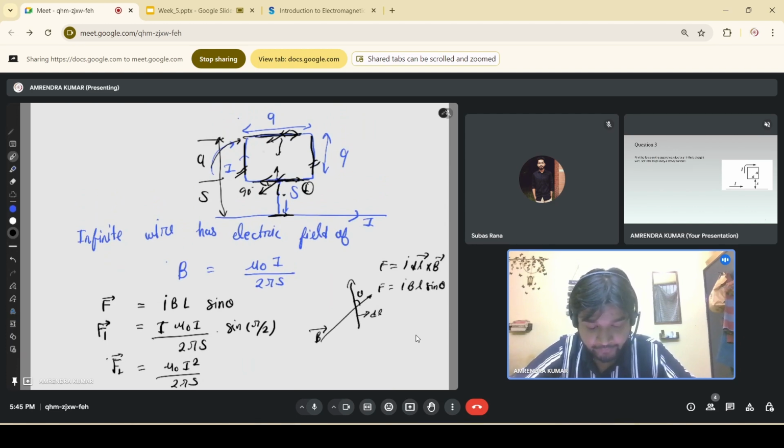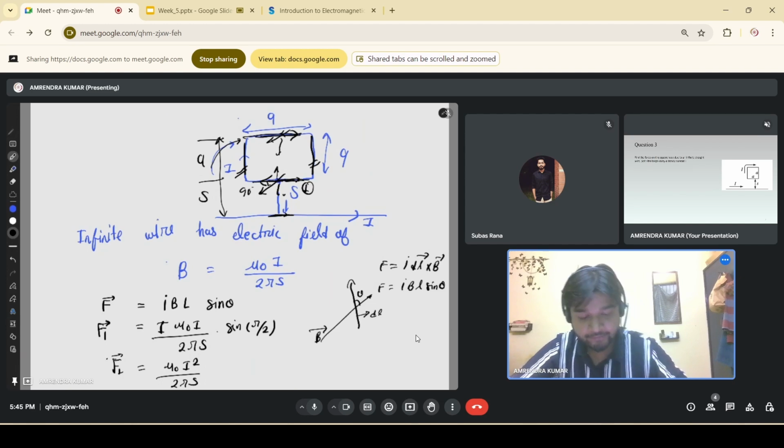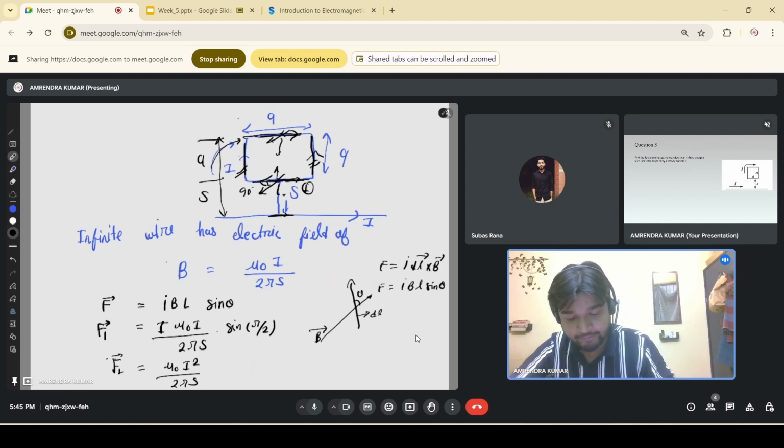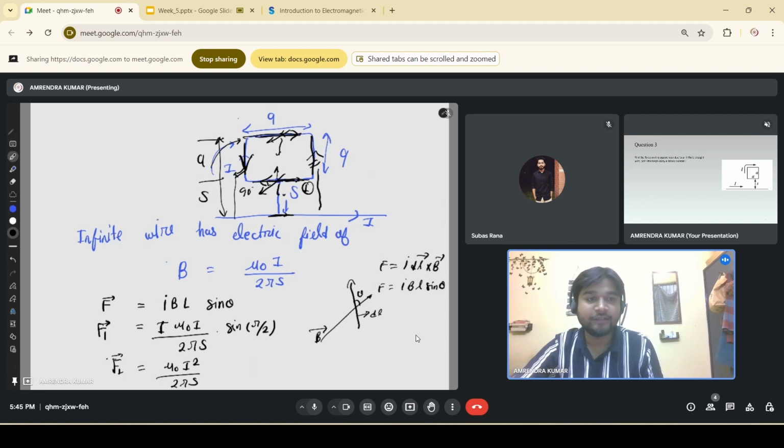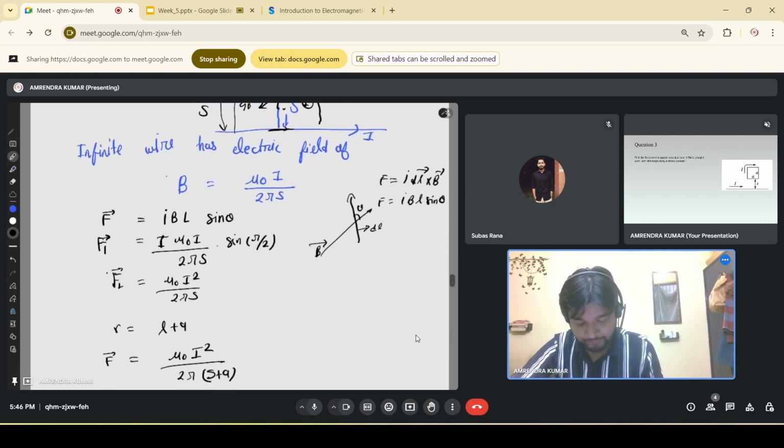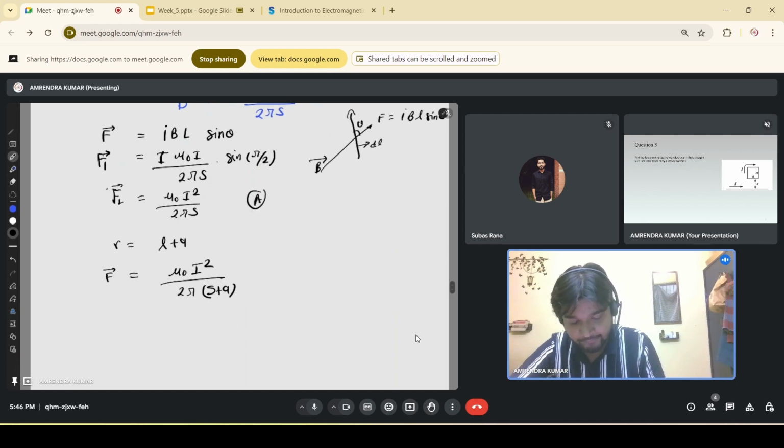जो इन दोनों वायर की वजह से जो भी मैग्नेटिक फील्ड होगी वो इस डायरेक्शन में होगी और इस डायरेक्शन में होगी। और ये डिस्टेंस जो भी चेंज हो रही होगी यहाँ से यहाँ तक और यहाँ से यहाँ तक, तो ये डिस्टेंस चेंज हो रही है, लेकिन इनका जो टोटल रिजल्टेंट फील्ड होगा वो कैंसिल हो जाएगा, क्योंकि ये एक दूसरे के अपोजिट डायरेक्शन में है। और इन दोनों पर टोटल लगने वाला जो फोर्स होगा वो जीरो होगा। तो हमारे पास सिर्फ दो ही फोर्स रहेंगे, इस वजह से और इस वाले।